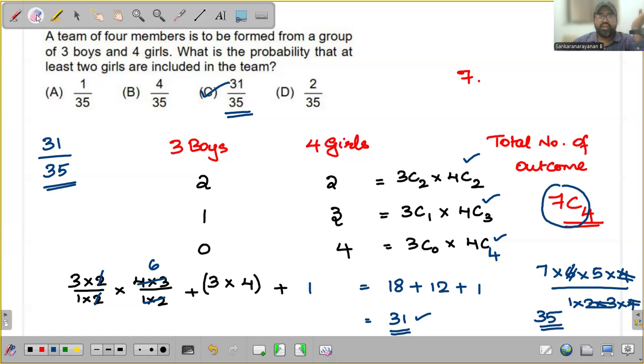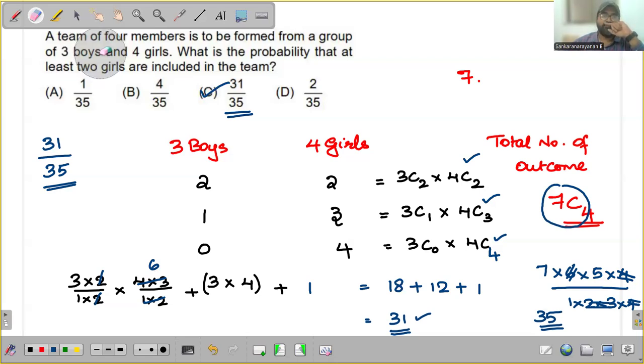for at least 1? What you will do is find the probability that nobody is selected, and then find out 1 minus that, since no one is nothing but someone. 1 minus no girl is selected is at least one girl is selected. But here, since it is 2, we can try it that way also. You first find the probability that no girl is selected. And then you can consider 1 minus no girl is selected minus exactly one girl is selected. So like that, you will be able to answer the question.